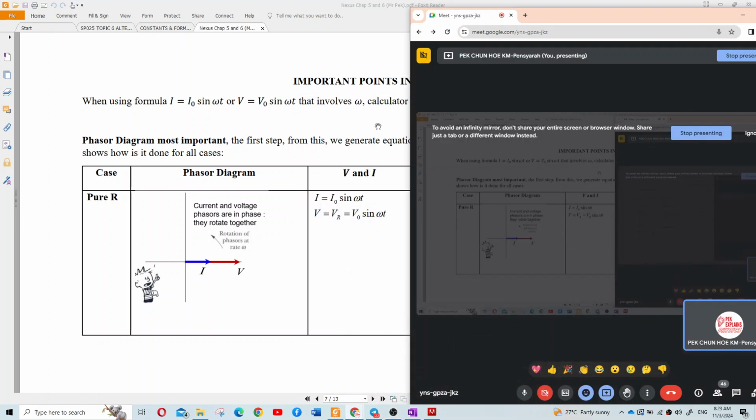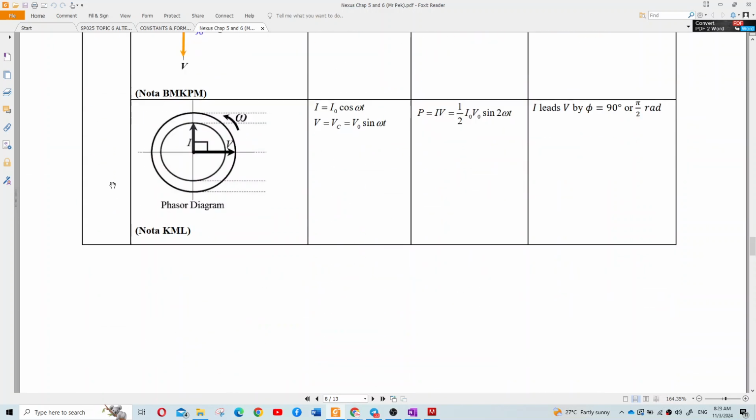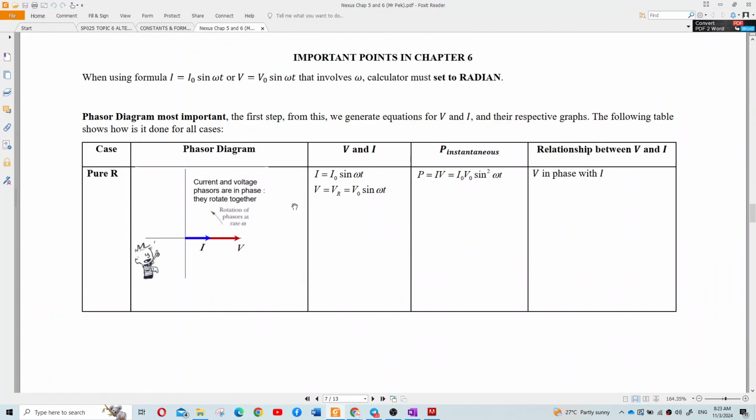All right, let us do a little bit of revision, and then we straight away answer some tutorial questions. So, phasor diagram. We learned already about phasor diagrams. Also we learned about pure resistor, pure capacitor, and pure inductor. So here is some revision about the phasor diagram, equations, and also the relationship between voltage and